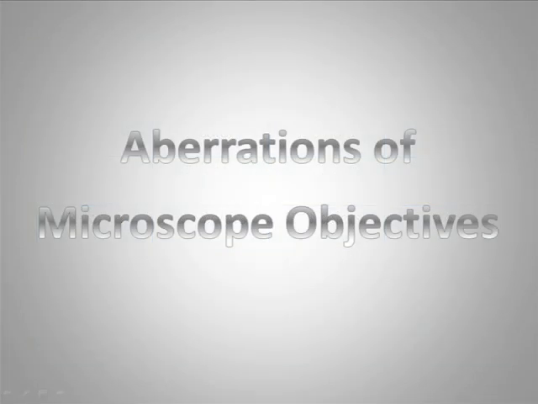To conclude, spherical aberrations, chromatic aberrations, and field curvature are three of the most common aberrations in objective lenses. Once these aberrations have been corrected, an image may be viewed for the